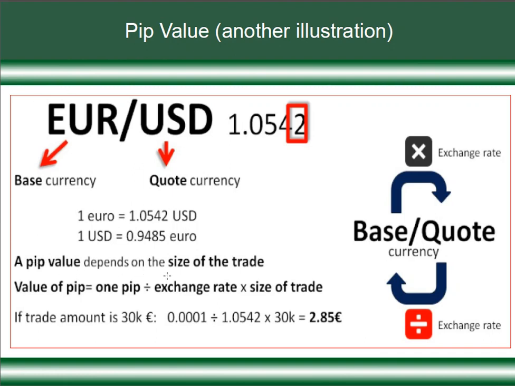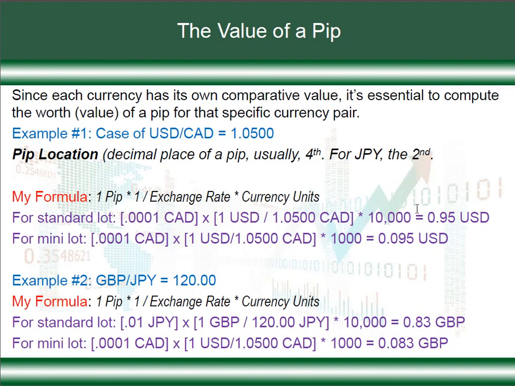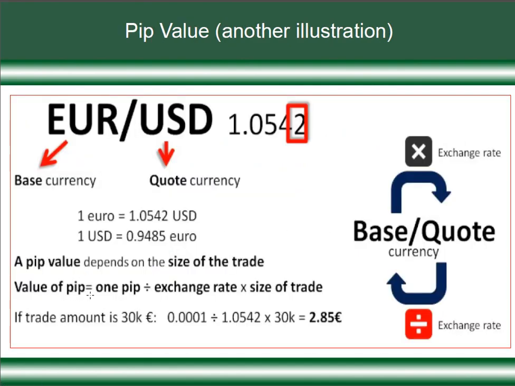Now, a pip value will always depend on the size of the trade you are taking. That's why you saw previously I was talking about 10,000 units, 100,000 units, 1,000 units. Then value of pip is equal to, using this other formula, 1 pip divided by the exchange rate multiplied by the size of trade. Now, you don't even need to cram all of these things or know them really, because the broker handles that through the charting software that we talk about later. But it's good to understand this because you might need to be tracking your performance.